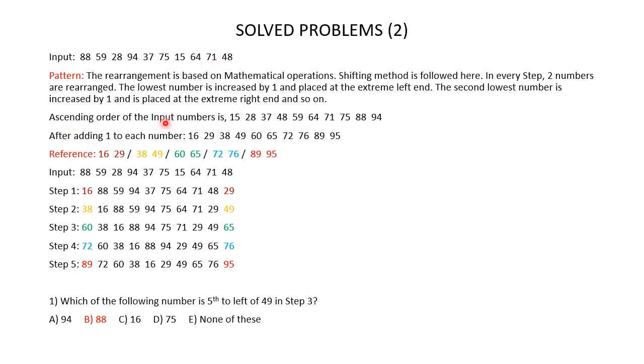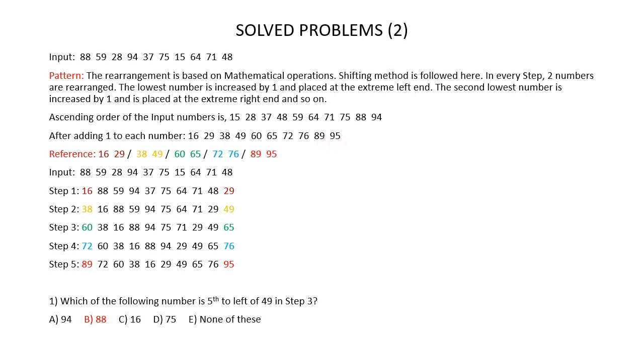So the ascending order of the input numbers is 15, 28, 37, 48, 59, 64, 71, 75, 88 and 94. After adding 1 to each of these numbers, we get 16, 29, 38, 49, 60, 65, 72, 76,